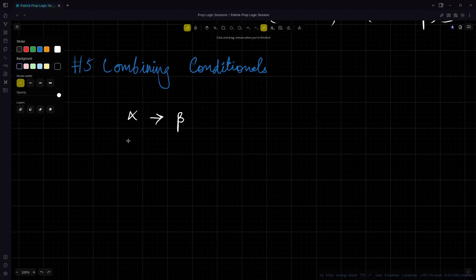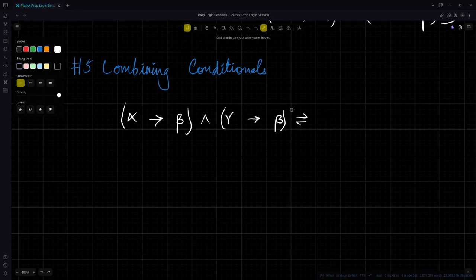If alpha implies beta and gamma implies beta, oh, I should write it like this. It's better to write it like this, right? So you can spot some patterns. It's the same as